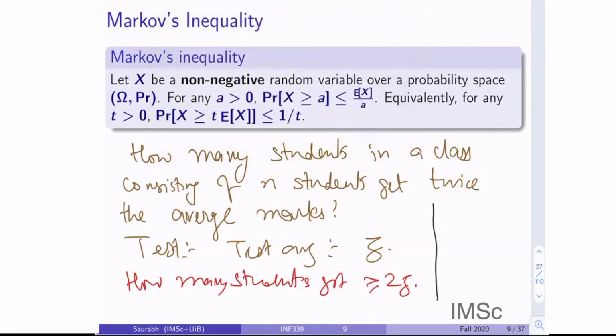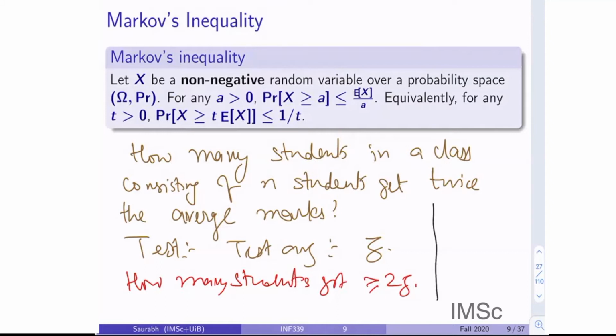Not more than n by 2. Huh? Not more than n by 2. Why? Or else the average would be more than Z. Exactly. So we don't need anything, right? Look, so what I'm trying to, okay, so,